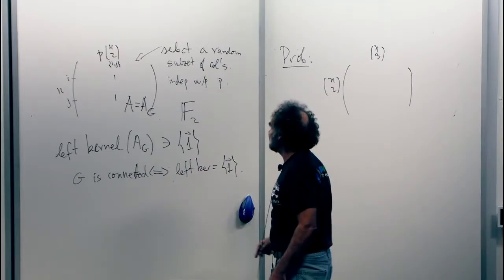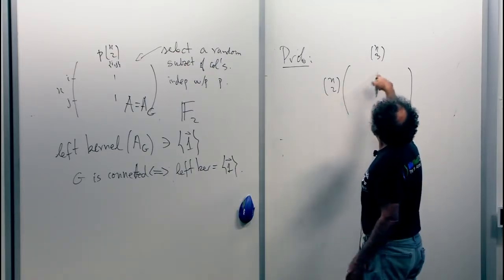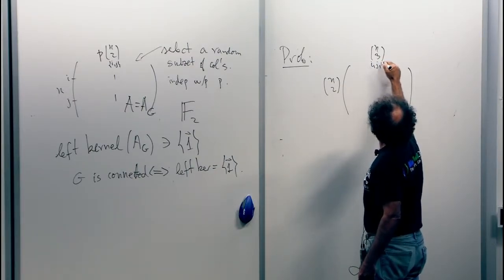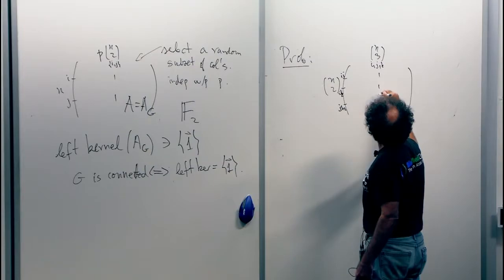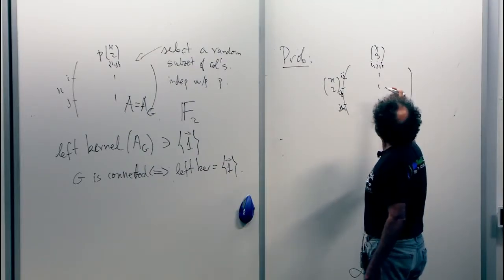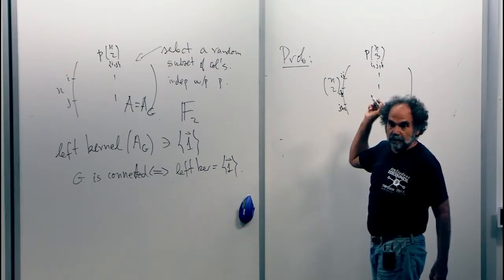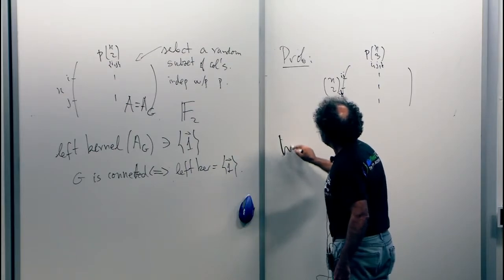You'll be my witnesses. Okay, so we're looking at pairs versus triples, the inclusion matrix. So this is the triple IJK. There is a 1 in IJ, IK, and JK: 1, 1, 1, and the rest are zeros. We do the same thing. We pick at random every column independently and with probability P. And we ask, so the question is,